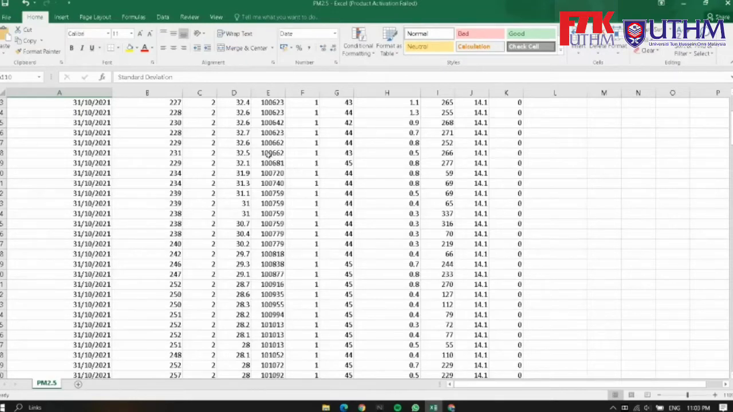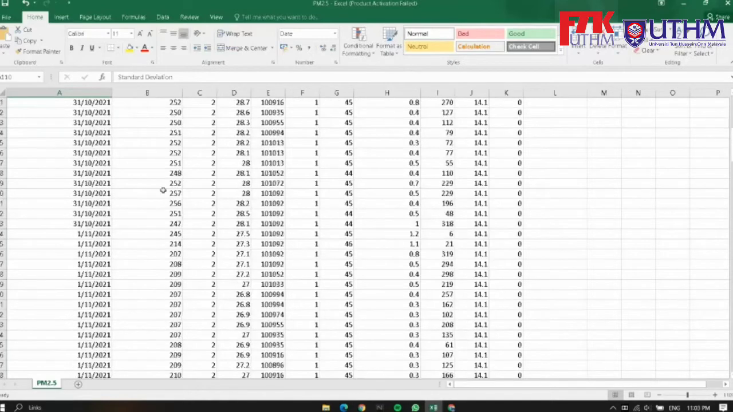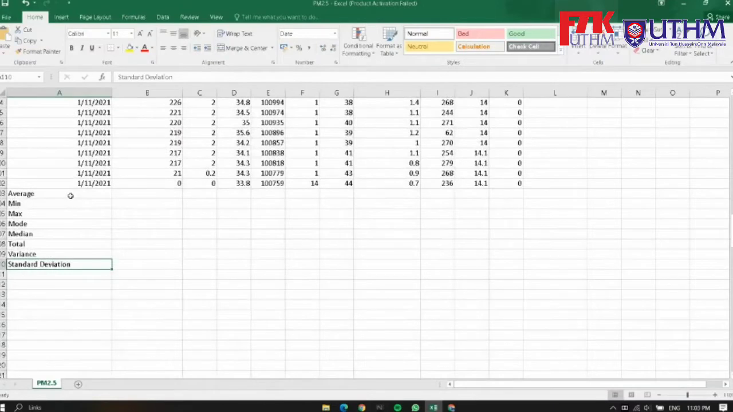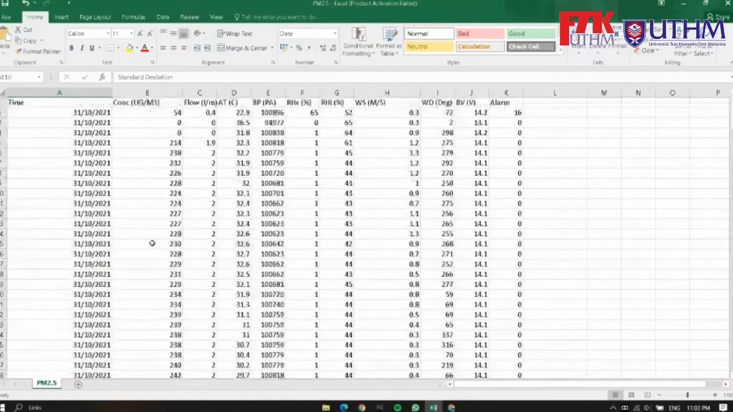numbers. So, for instance, in this data sheet, we already have these variables, and as we know in statistical analysis, we would like to find the average, minimum, maximum, mode, median, the sum, variance, and standard deviation. In this demonstration, I'm going to focus only on the concentration variable. You can do the same for other variables as well. So to begin,